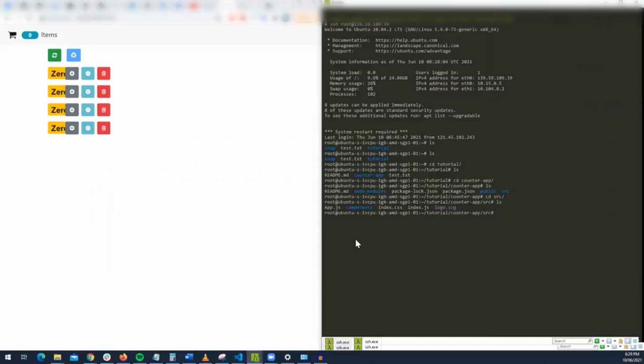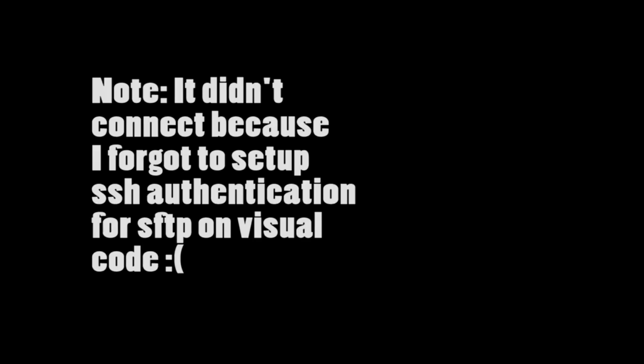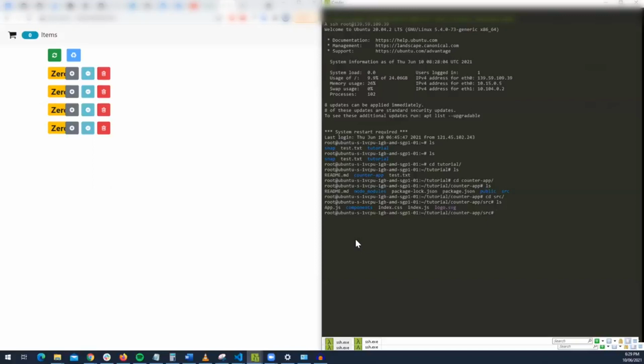I might have to look into seeing what the issue is with SFTP, because sometimes some ports are also blocked, and some protocols are blocked. So you might have to figure out if it allows FTP to be able to access the server. But for now, because the main prerogative is to demonstrate how Git works,